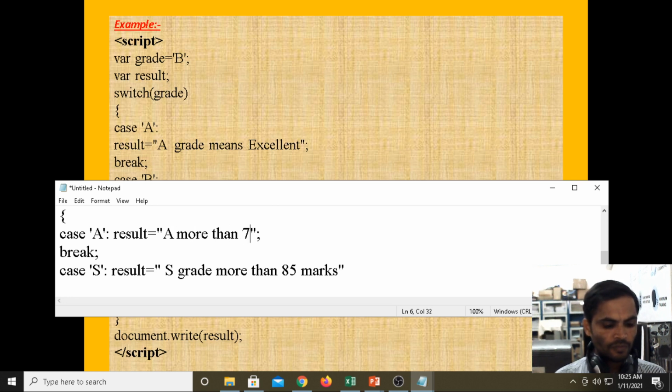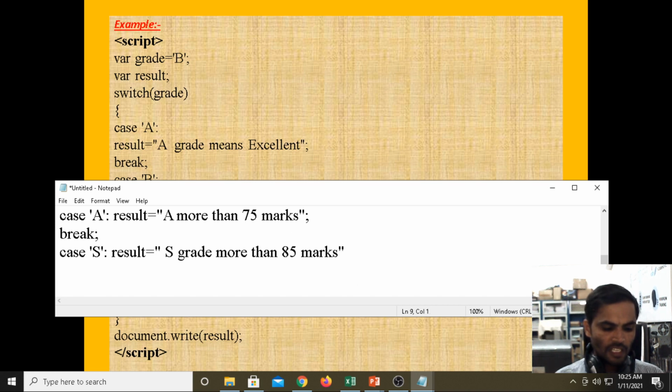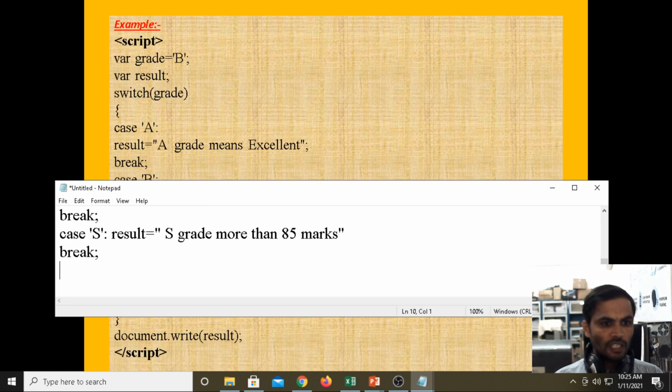More than 75 marks. According to your scheme of evaluation, we are having these grades. Then I am going for B grade.